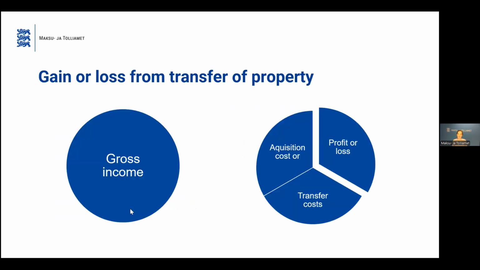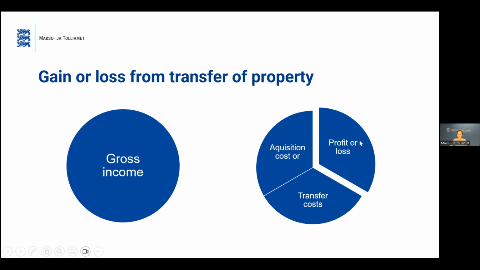But what if you have some other type of income? For example, you have received a gain or loss from transfer of property. In such a case, a natural person receives gross income. There is no income tax withheld from it.